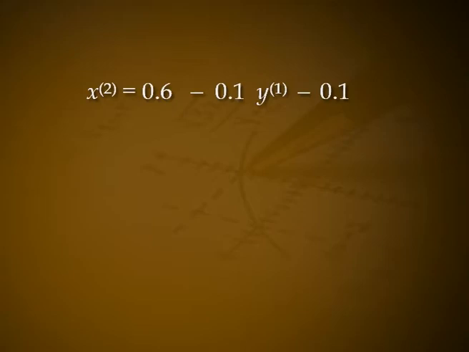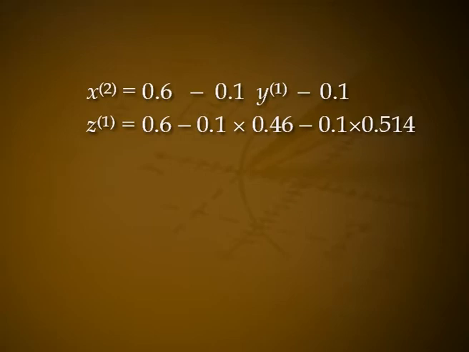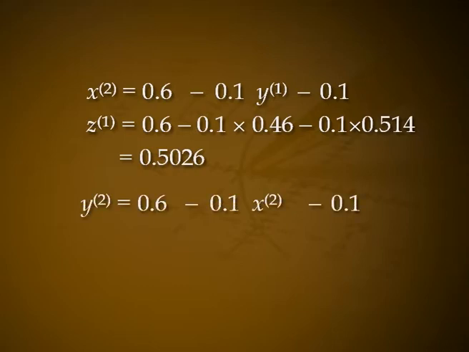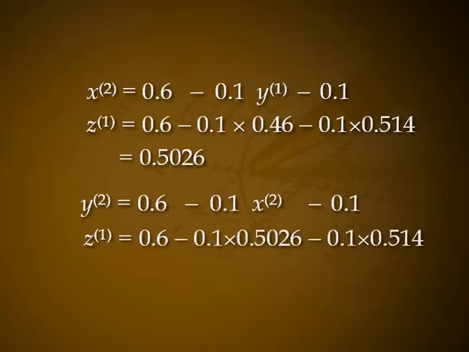Step 2. Using x1 equal to 0.4, y1 equal to 0.46 and z1 equal to 0.514, we have x2 equal to 0.6 minus 0.1 y1 minus 0.1 z1, that is equal to 0.6 minus 0.1 into 0.46 minus 0.1 into 0.514, that is equal to 0.5026. y2 equal to 0.6 minus 0.1 x2 minus 0.1 z1, that is equal to 0.6 minus 0.1 into 0.5026 minus 0.1 into 0.514, that is equal to